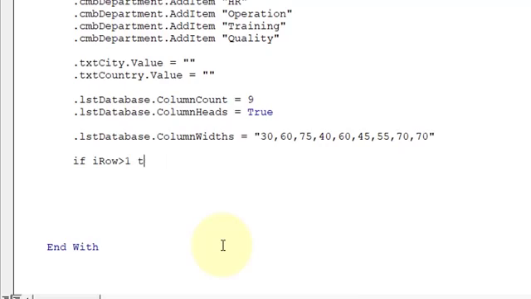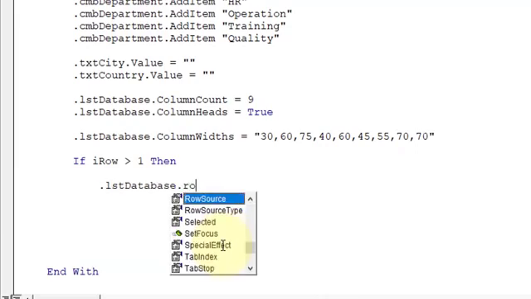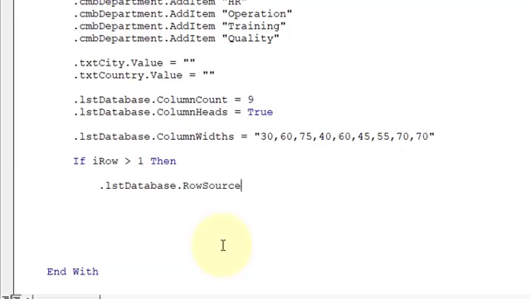Okay, so in this case we need to assign lst database dot row source, and in double quote just give the name database, that is the worksheet, right? So database, and then exclamation sign, and then the range should start from A2 to I, and here we need to give the row number as I row.